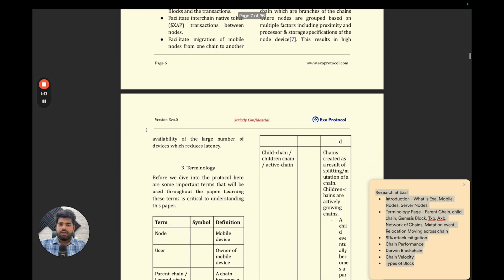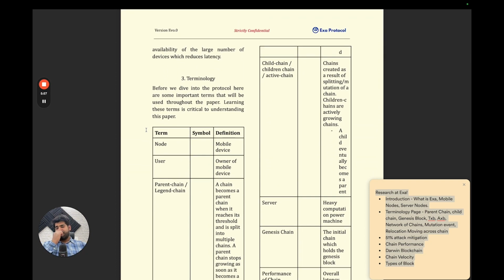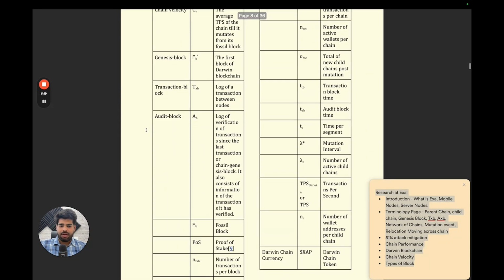With this chain, we have introduced a ton of new concepts. It's not that we cloned Ethereum or we cloned Bitcoin, but there are a ton of different concepts that we've introduced. In this third section, called terminology, we have mentioned all the new terms that we have introduced. Let's touch upon a few specific terms that are important for understanding, and of course you can look at the paper and read the other ones as well.